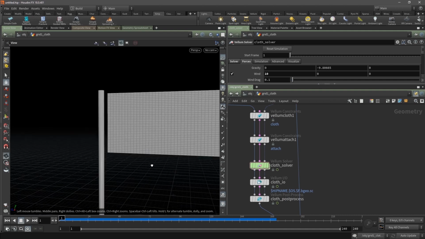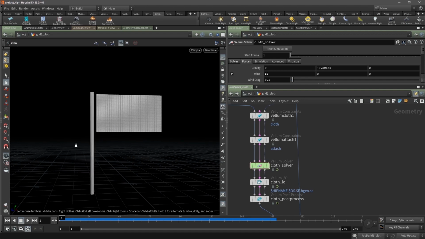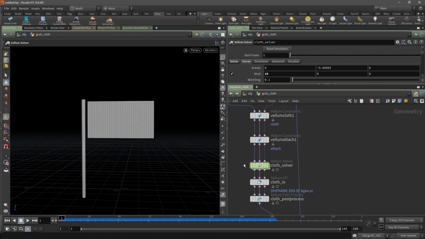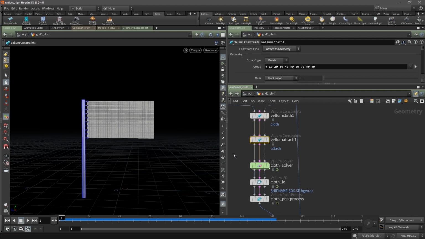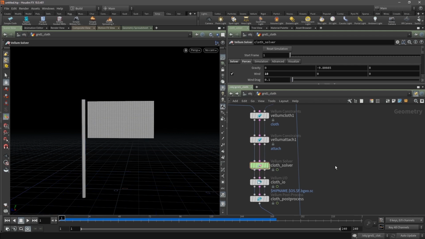So if you are a Houdini core user and you've got this far, you still have a ton of different options for art directing this. I don't have time to go into all the different stiffness and bend constraints, the different forces that you can add. But the important thing about that is, notice that this cloth solver here,